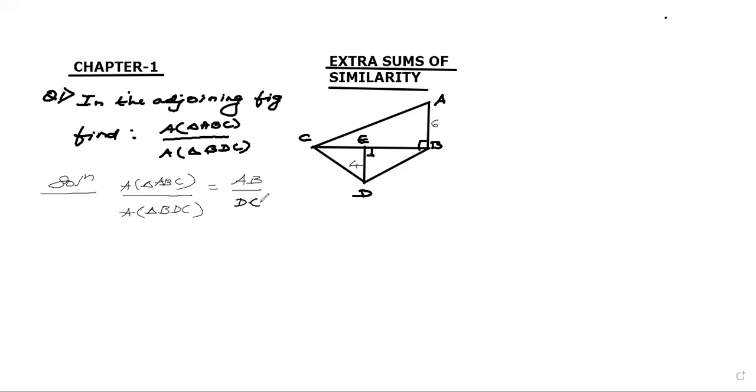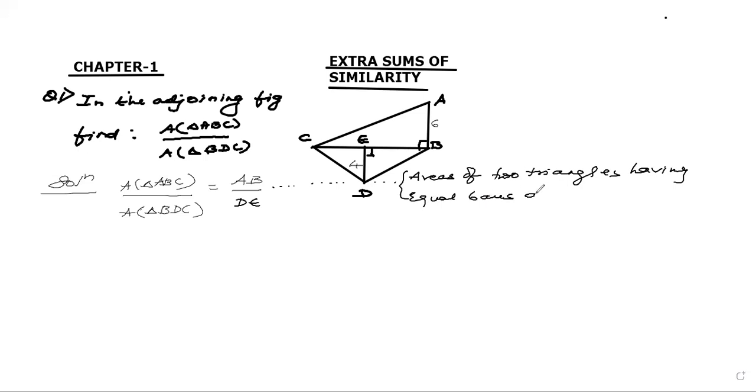The reason should be what, children? Please have a look here. When we write the reason, we will not write the reason in terms of ratio, okay? The way it's given in your book, in the solved examples and all, they just say: areas of two triangles having equal bases are proportional to the corresponding